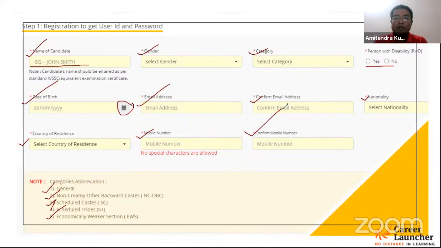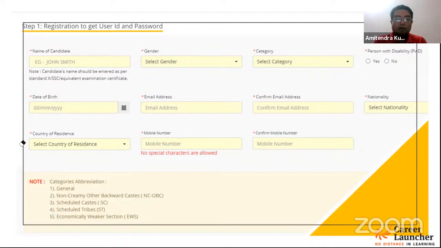So it is very important that you submit it carefully. So this is the step as far as the registration process is concerned. And then once you have filled in all the particulars as far as registration is concerned, then you are required to submit the CAPTCHA. You are required to copy the CAPTCHA, which is given below the form.